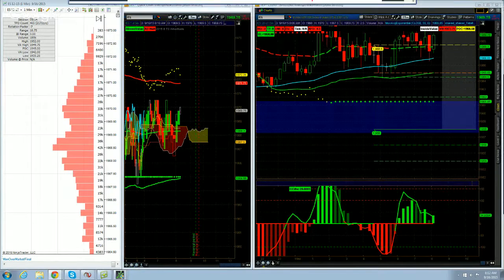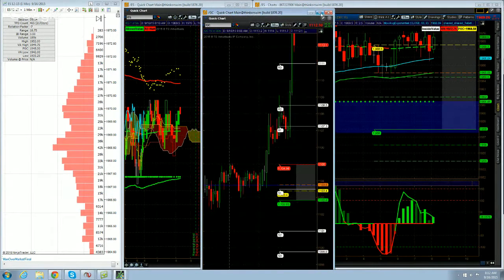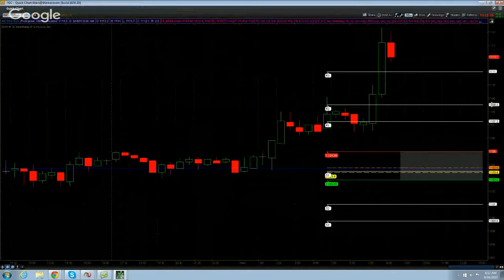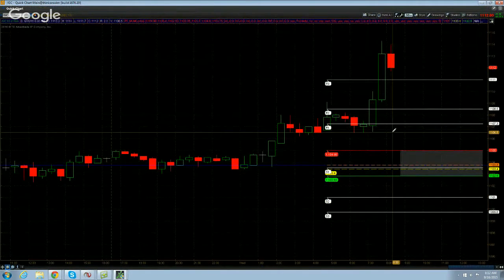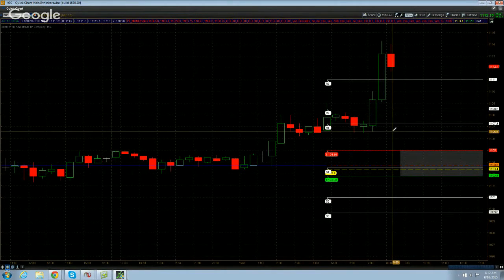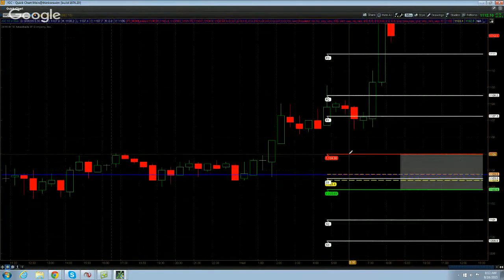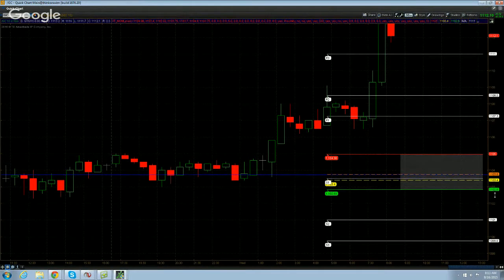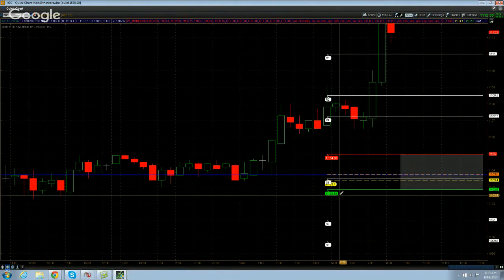Also, let's look at some stuff that has surprised me a little bit. We got gold on the rally. Gold is trading above value at $1,112.10. We've got the value high at 1,104.98. I've got the bull bear zone at 1,103.80. I've got the point of control at 1,103.40, and the bottom of value at